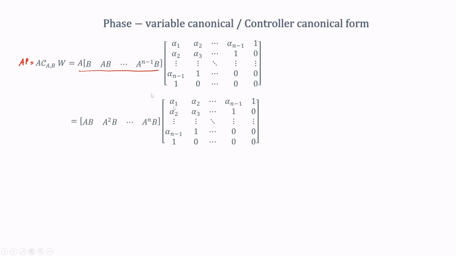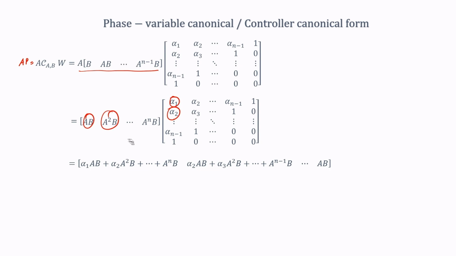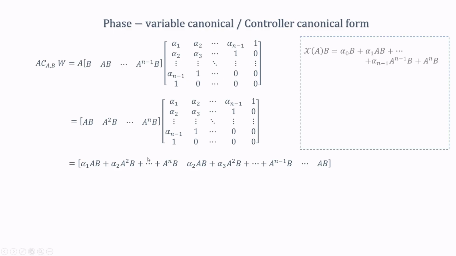So, we will get this, and now I can multiply this part. If I multiply this, I will get A B, A square B, up to A to the power of n B. Now, notice here that if I multiply this again, I will get an expression like alpha 1 times A B plus alpha 2 times A square B, and so on. So, the expression will come out to be this. Now, we will use some identities. Remember